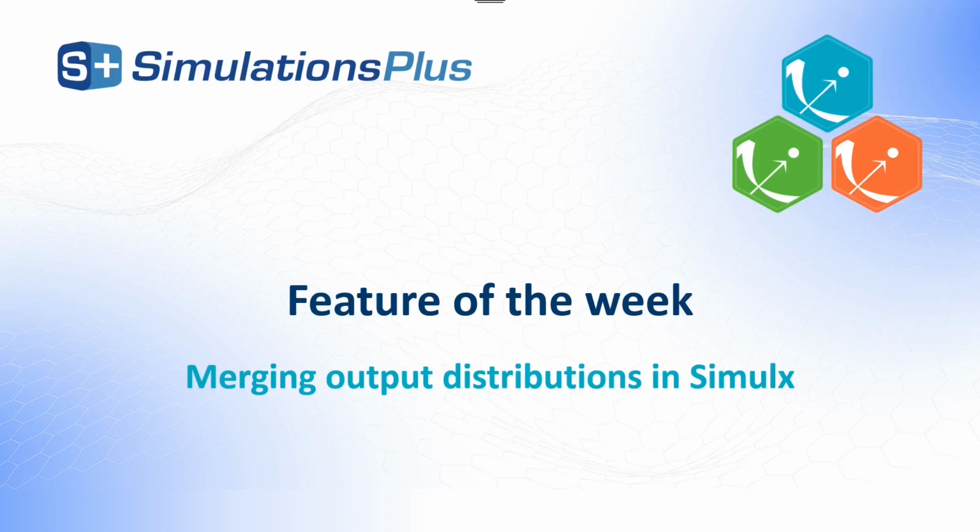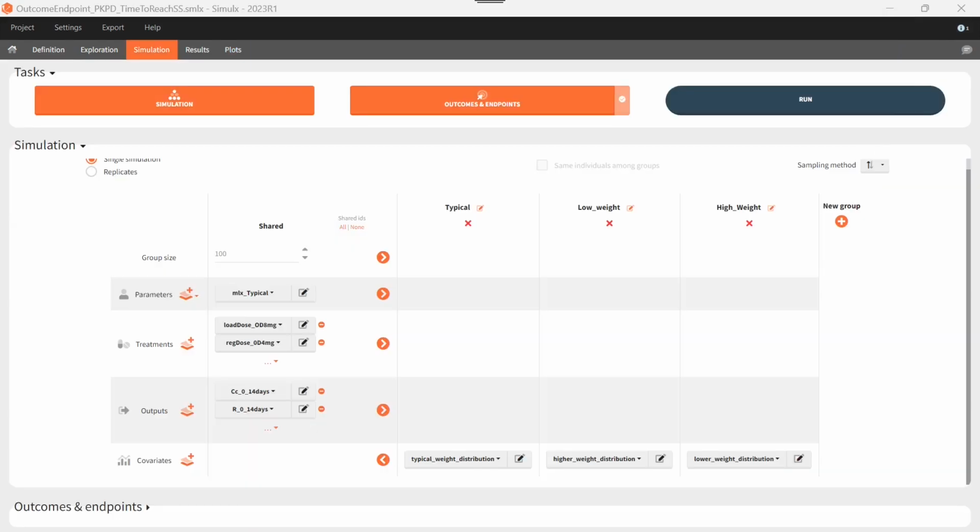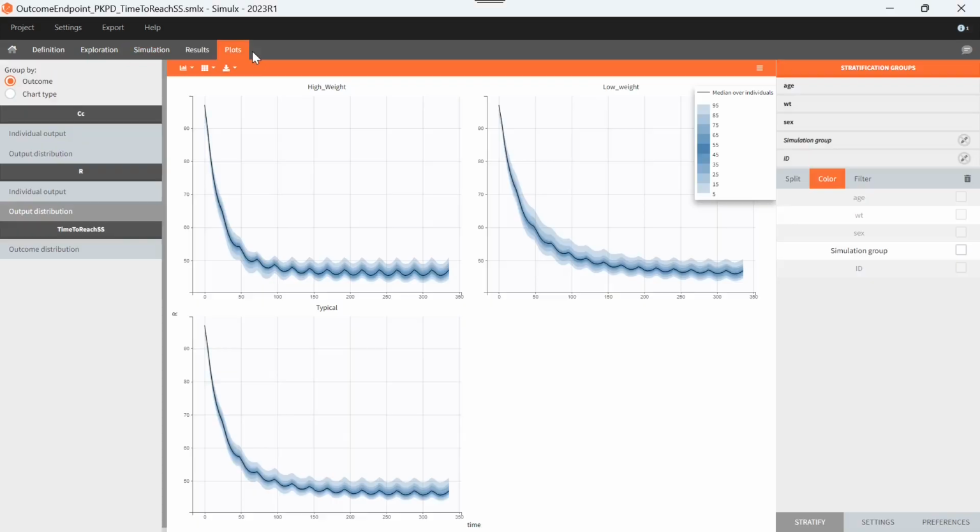Did you notice that in the new version of Simulx, you can now overlay output distributions for different simulation groups? Here is a Simulx project where I simulate 3 groups for different weight distributions. All individuals receive the same multi-dose treatment. I get an output distribution for each simulation group, so one for low weight, one for high weight, and one